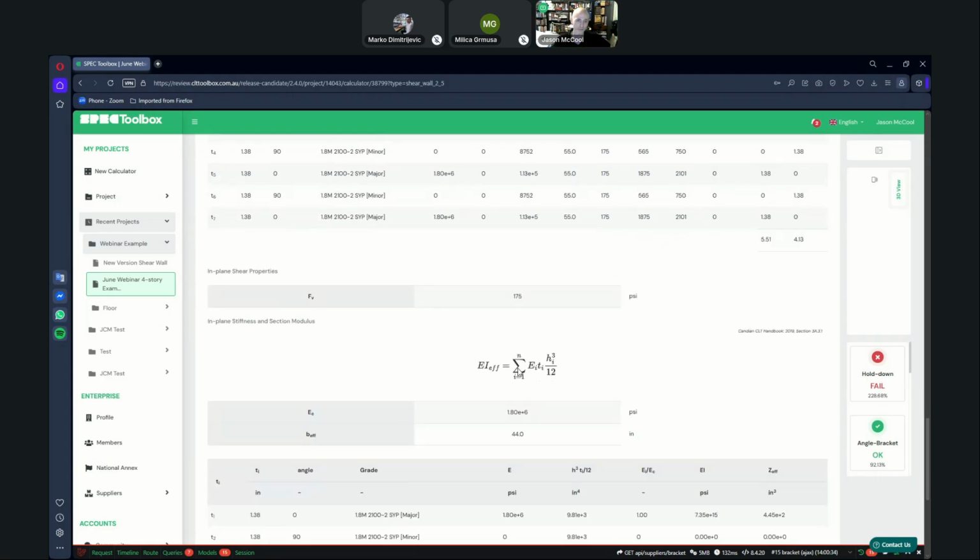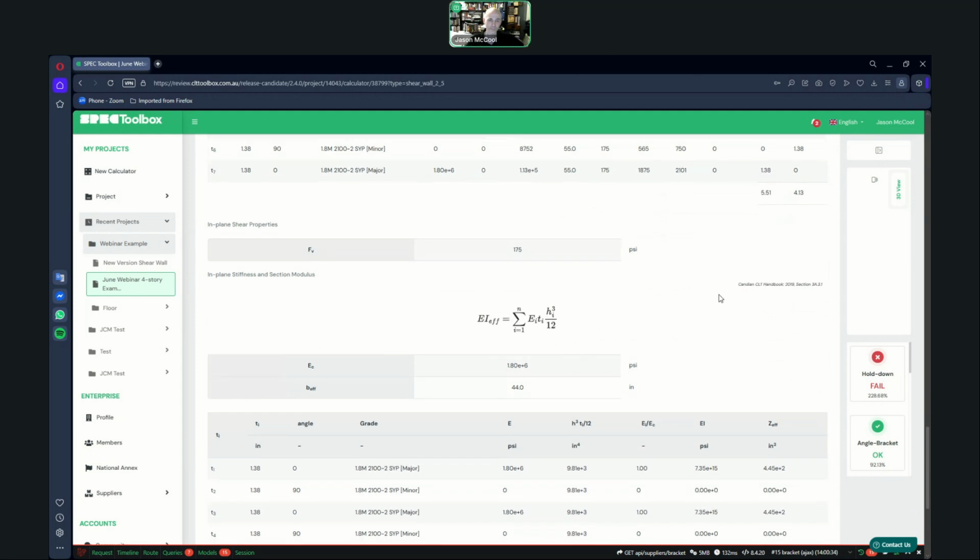I've got my formulas shown. One thing I always hate is trying to verify calcs where it's just a sheet of numbers, just output and no background. So I love seeing formulas. I love seeing reference citations to where stuff came from. And you'll see that in a lot of the SPEC